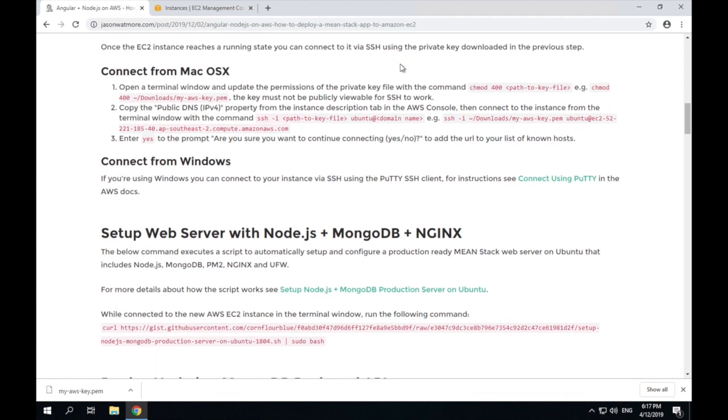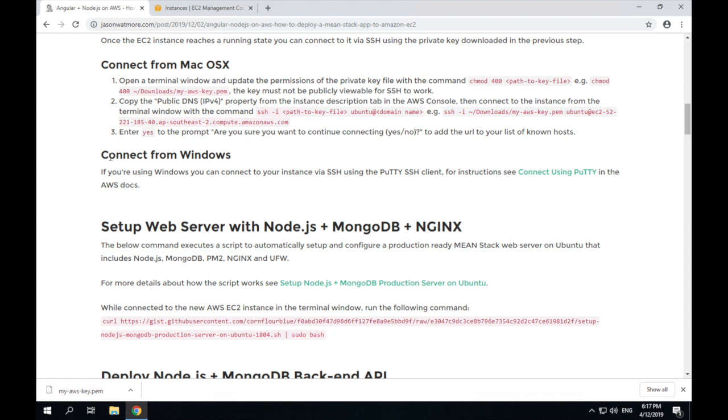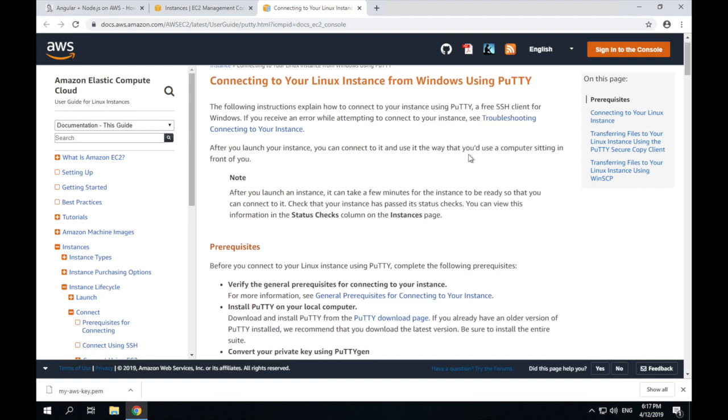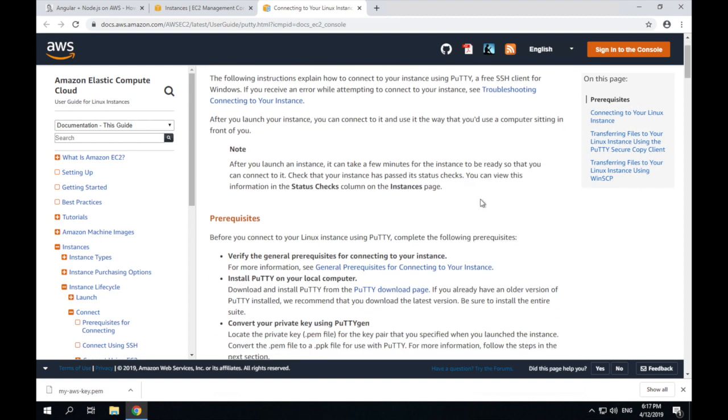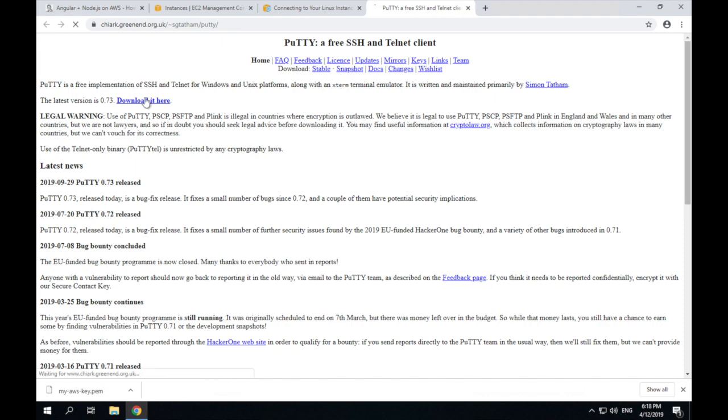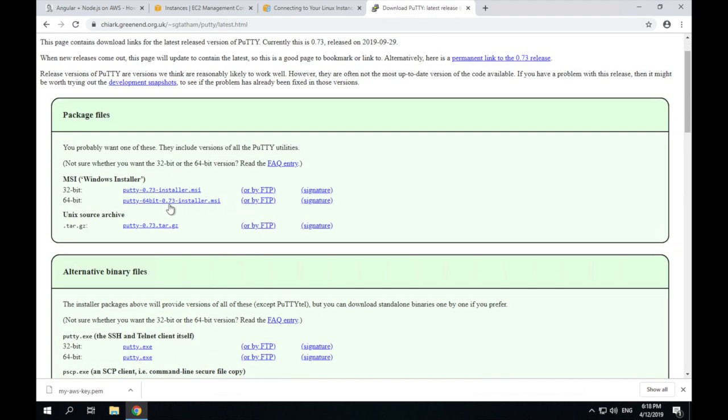Okay, we want to connect via SSH. We are running on Windows, so we'll follow the steps for Windows. So we'll be connecting using PuTTY. So I'll open that link, which takes us to the AWS documentation to connect to Linux from Windows using the PuTTY client. So if we scroll down and go to this link and download PuTTY from the PuTTY download page, with the 64-bit installer for the version of Windows we're running. Once that's down,